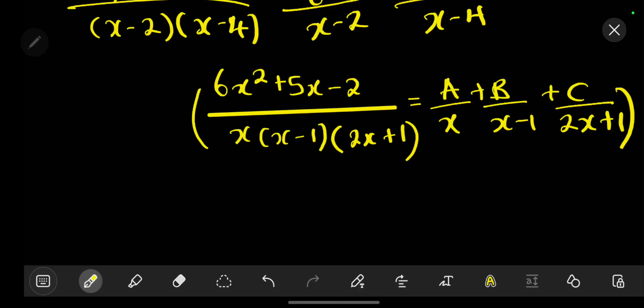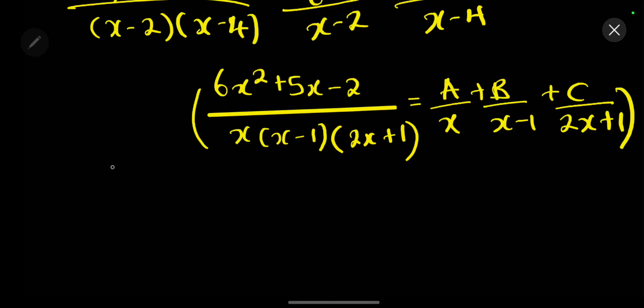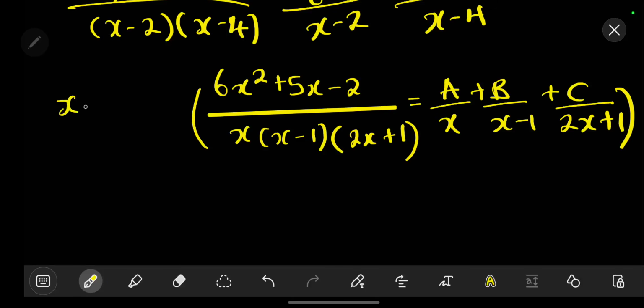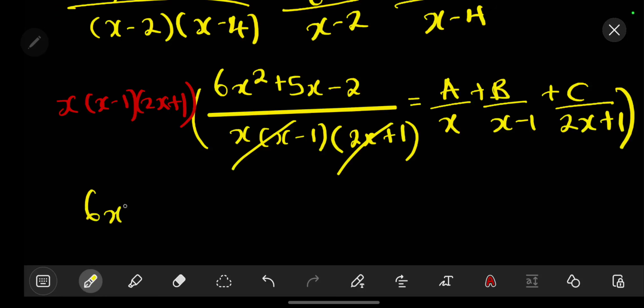so we are going to say our x times our x minus 1, then we have 2x plus 1. So we are multiplying this throughout, so we are going to get this. When it multiplies that, it will cancel with that, then we are going to remain with our 6x squared